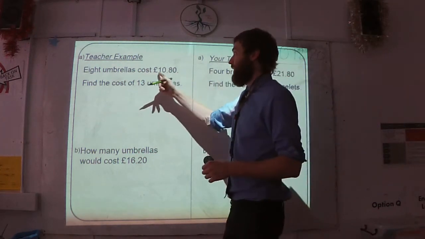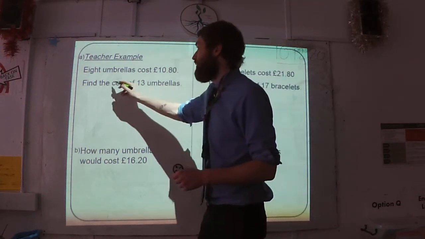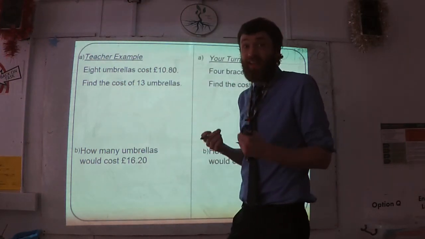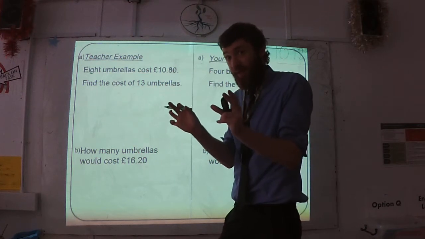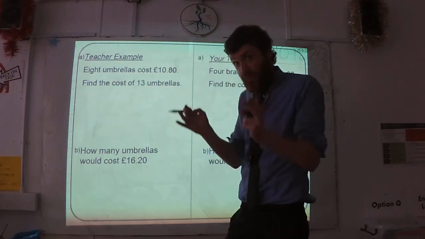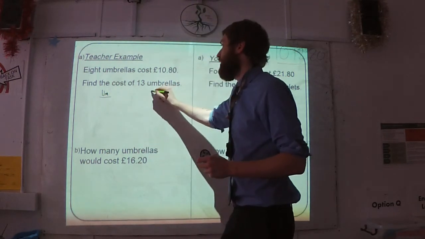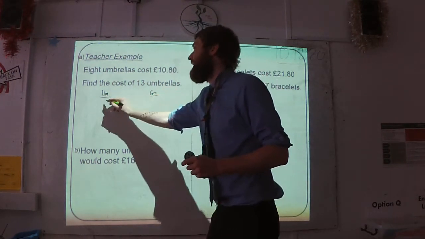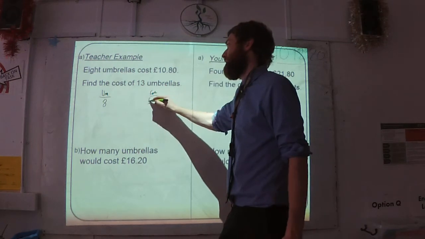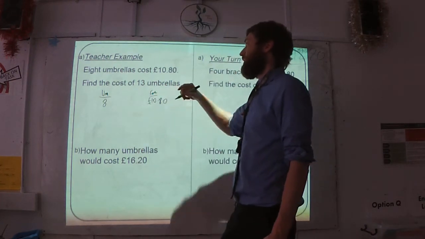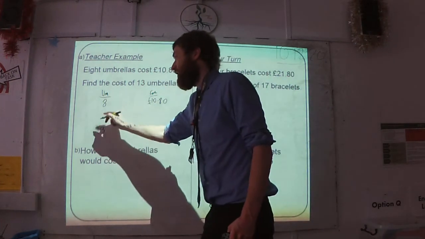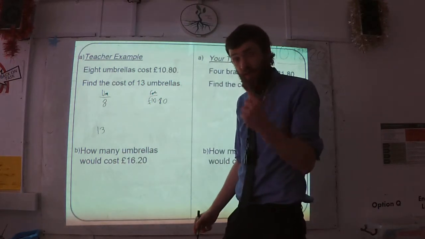Right, so 8 umbrellas cost £10.80. So what I do, find the cost of 13. I would say let me write it down like that. That's just the best way to write it down so you've got structure. So you go umbrellas and you go cost. 8 umbrellas cost £10.80. To find 13 umbrellas, I can't get there easily, so I need to find the price